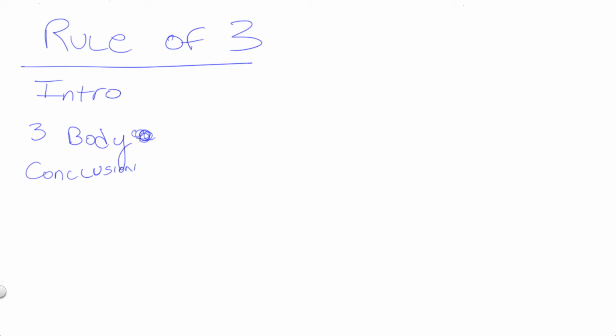One of the big flaws that a lot of people have is that they don't write coherently, like the essay doesn't follow or make sense because they haven't done it in order. So what the rule of 3 does is help us write a very good essay very quickly and keep it on track. For instance, one of my favorite ones that we've come up with in class before is breakfast